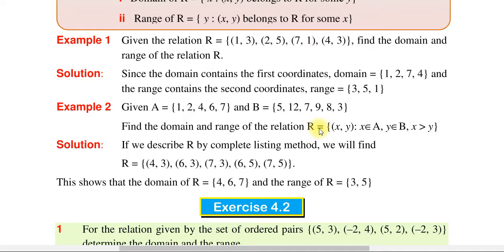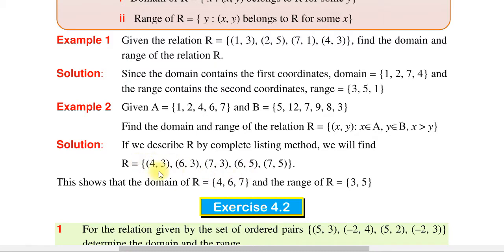Set R is the set of xy such that x is an element of A, y is an element of B and x greater than y ይለናል። ኦኬ ስለዚህ በዚህ በተሰጠን ሴት ቢውልደር ሜተድ ዶሜን እና ሬንጅን መፈለግ። ስለዚህ if we describe R by complete listing method we will find R is the set of 4 3, 6 3, 7 3, 6 5, 7 5 ይሆናል።